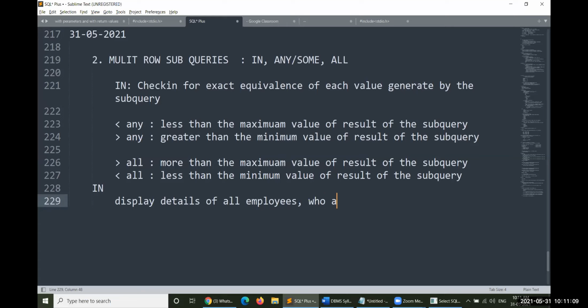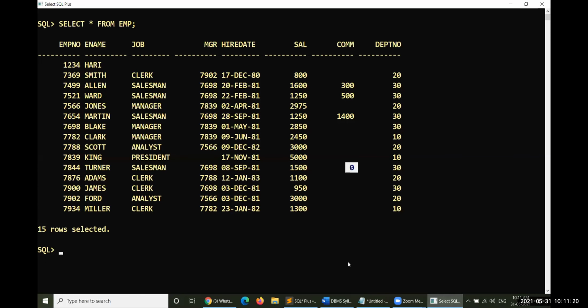For this one, what is the query we would like to write here? This is the answer for that particular query. Select everything from EMP where COMM is, I'm sorry, it is not equal to, it is IN.